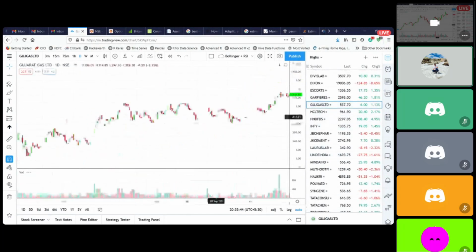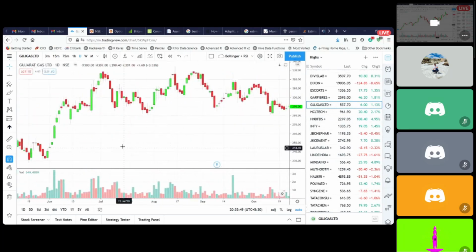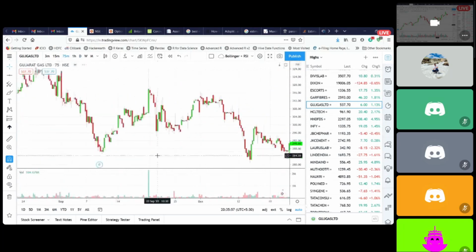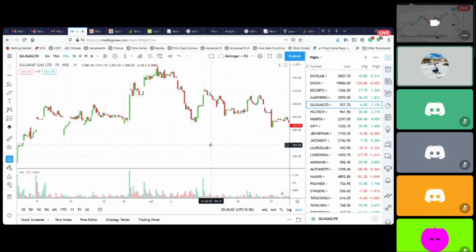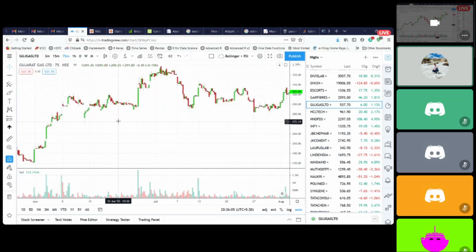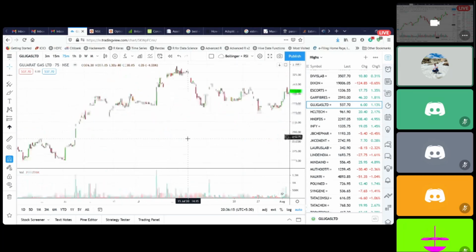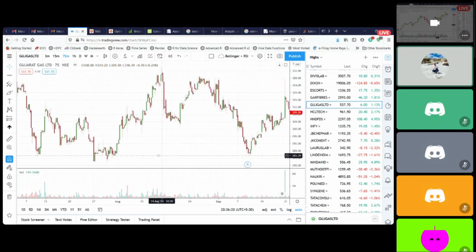Gujarat Gas. I had so many trades in this region. So let's see. Okay, this is daily chart. I need to show you the 75-minute chart in this time. See here. It is making lots of bottom side support here. It made a high at 325. Came till again 280 regions only. Gave this green candle at the support. I went long here and held till the high. So this happened. It closed off the trade here.